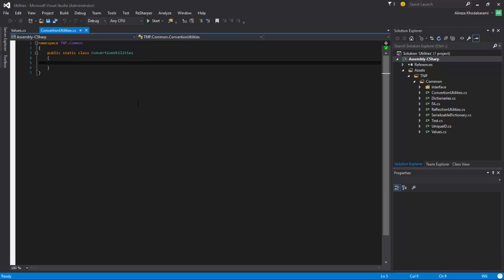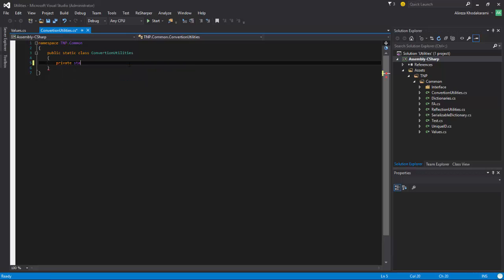I may not use it at the start in this project, but if you think about streaming data on the network, then byte arrays are the easiest way of streaming any sort of data on any type of socket handling process on the network. So we want a private, if it works, IntelliSense